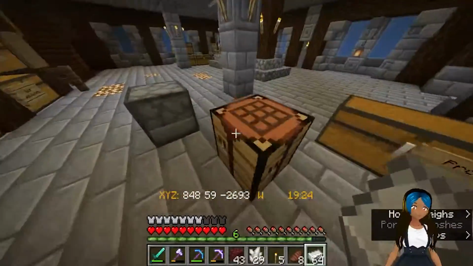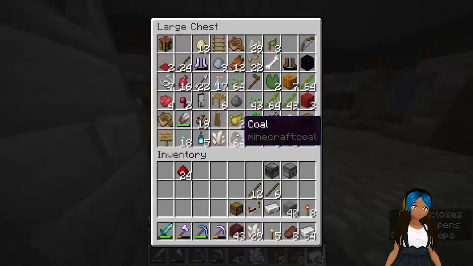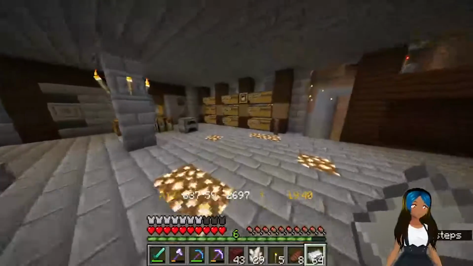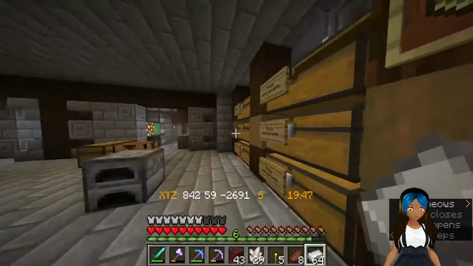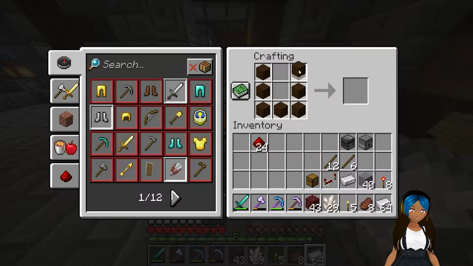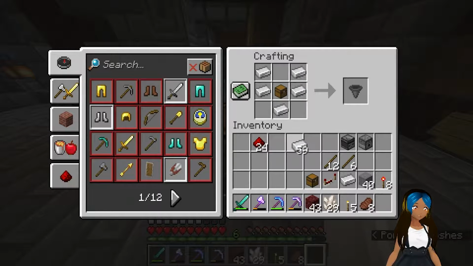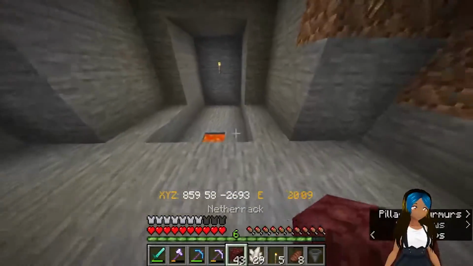So now, we also need to get a chest. A singular chest. Well, I guess we need 2 chests for the actual build. So we're gonna grab that, and we're gonna grab this chest here, and we're gonna make 2 chests. But one of these chests is going to make a hopper for us. Okay, so basically,